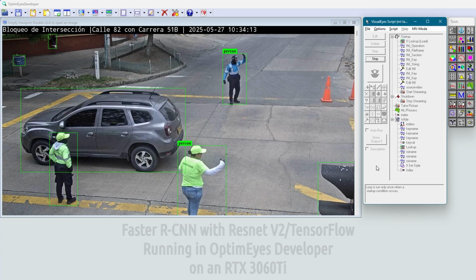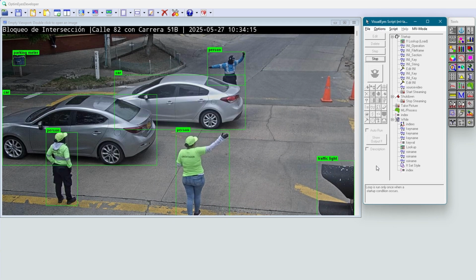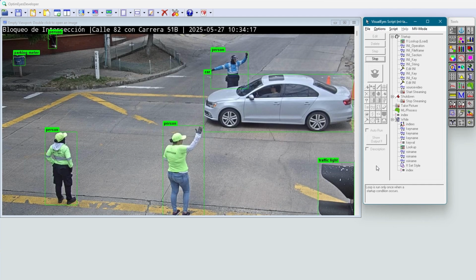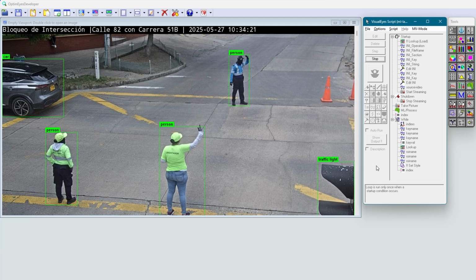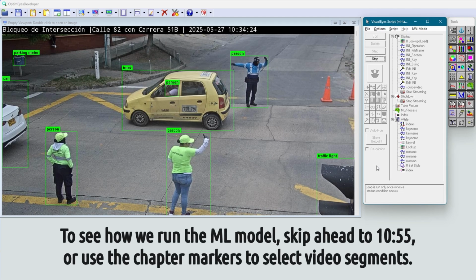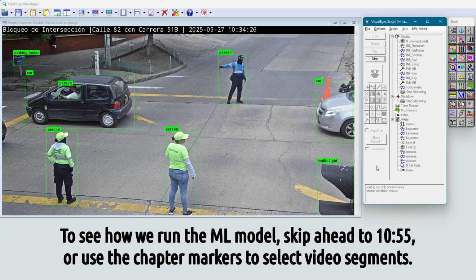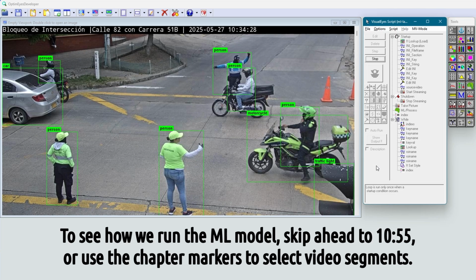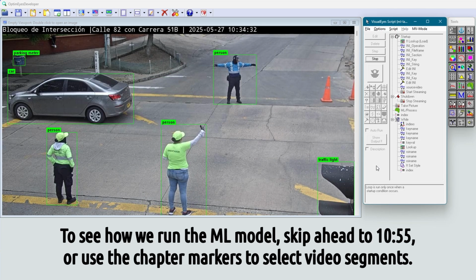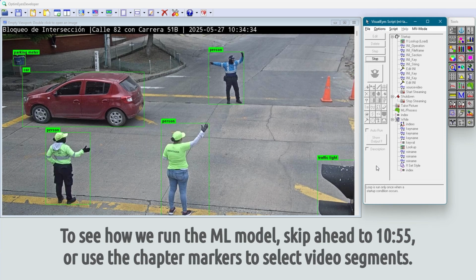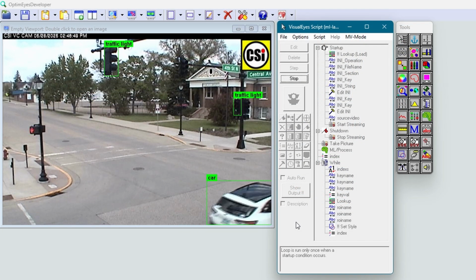What you see in the visualized script box on the right is the entire script that's running this process, which I created without any Python or C++ or any other code. Let me give you a quick overview of how the visualized script is structured, and then we'll run through each step in full detail so that you can see exactly how you can create scripts like this to perform computer vision tasks. For the explanation, I'm going to switch to a different video stream from North Dakota because the live